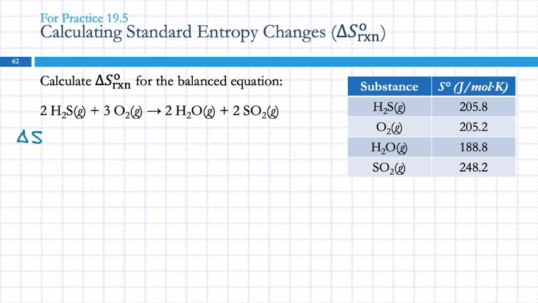So delta S standard for this reaction is going to be the products minus the reactants. So we have 2 moles of water. So we have 2 moles times the molar entropy of water,